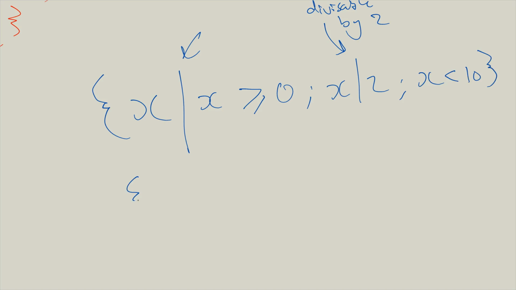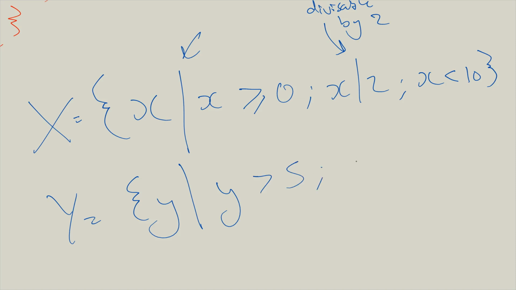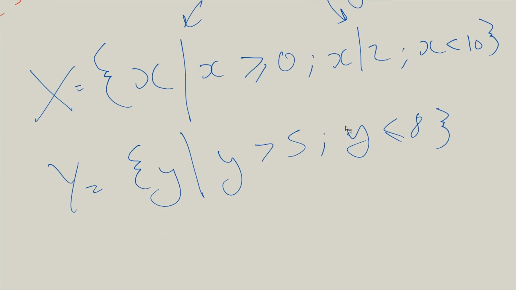Now we've got a second set, which is set y. So this is set x, and that's set y. Y given y is greater than 5, and y is less than or equal to 8. Next question